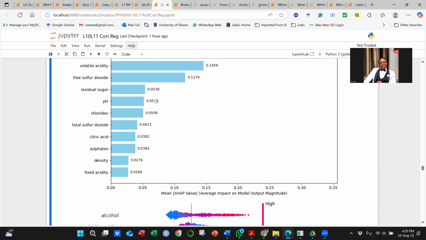So if chloride is showing 5.1%, it will still show 5.1%. If pH is showing 5.2%, it will still show 5.2%, even if you remove all the other ones below pH, because that is its contribution. That is exactly what you will notice.